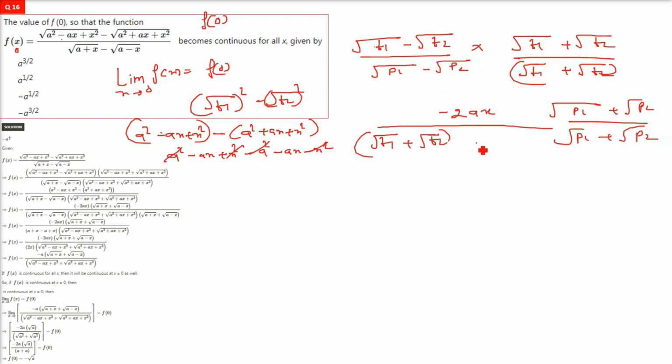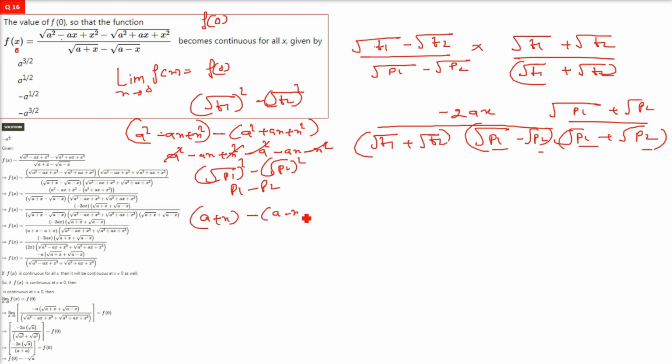And in the denominator you have root p1 minus root p2. Okay. So a minus b, a plus b, same thing we are going to do here. So you will get under root square, that is, you will get the p1 and p2 terms, which we assume to be a plus x and a minus x. So p1 minus p2 is a plus x minus a minus x. So let us write it here, a plus x minus a minus x. So this will be a plus x minus a plus x. Get this cancelled. X plus x is 2x. So you get minus 2ax divided by 2x,